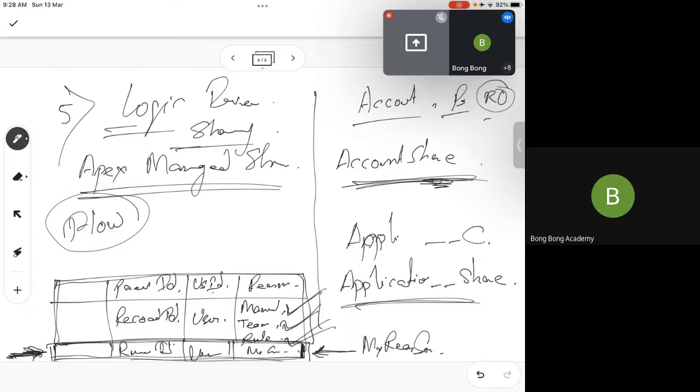You will use this option only when you do not know whom to share the record with at runtime. When the record is shared based on some logic, or the person to whom I will share is based on a logic, then only I will be using Apex Managed Sharing. Let's give an example. On account, I create a user lookup field called account coordinator. And I am told that whoever I select on this account coordinator field should automatically start seeing the record.